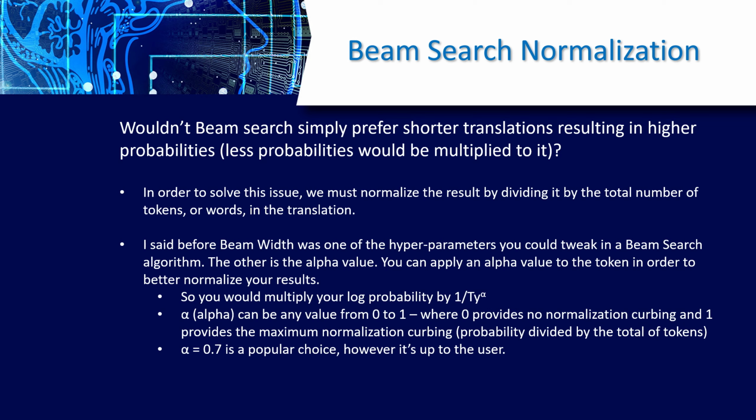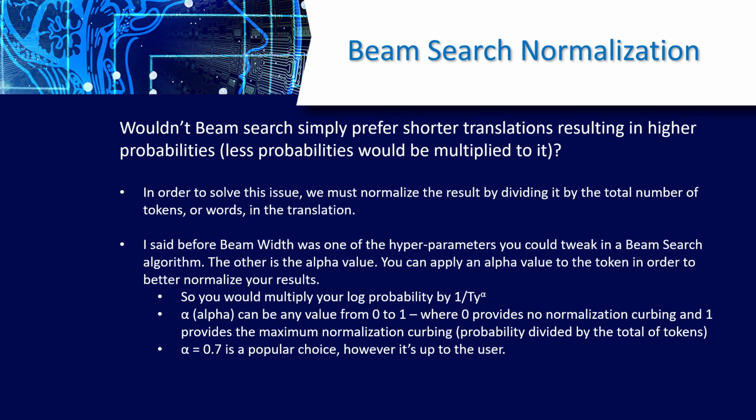Beam Search attempts to combat this issue with a form of normalization by dividing the calculated probability by the total number of words in a translation, or tokens as they are referred to in the algorithm. The other aspect of this is a value for alpha, which is to help curb the normalization. You would multiply the resulting probability by 1 over T sub y to the alpha power, which is the same as dividing by the number of words in the translation. The alpha value can be adjusted to a number between 0 and 1,